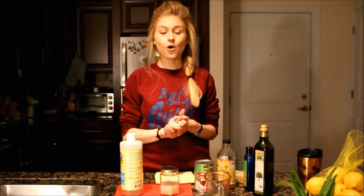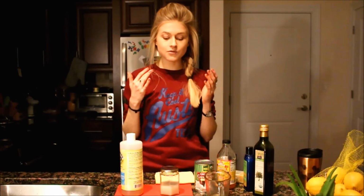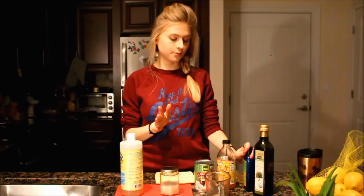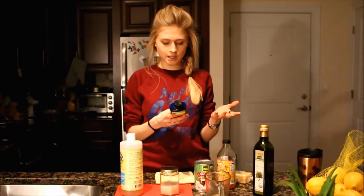I find the recipe of this shampoo a very good one. I also have some other recipes that are a little bit more complicated, but I'm still working on them because I always want to try them first before I share them with you. The reason I really like the DIY option of the shampoo is because it is much cheaper, because when you buy a shampoo, I could recommend a couple of things here. It's like $12 or $15